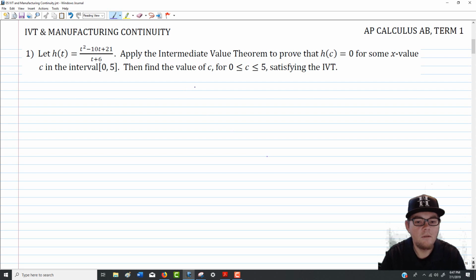So, before we jump in, it's worth taking a moment just to talk about the things that you need to do, as well as what the intermediate value theorem says. Just as a reminder, the intermediate value theorem says the following, and I'm going to move this up over here. Let's see if I can write it all in. So, the intermediate value theorem says if f of x is continuous,